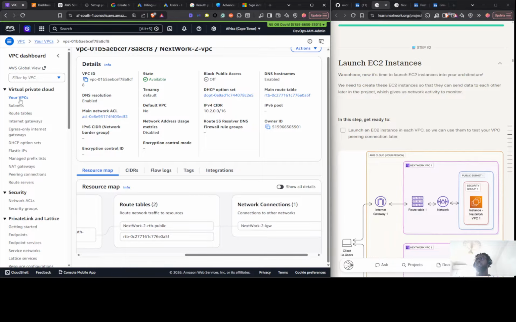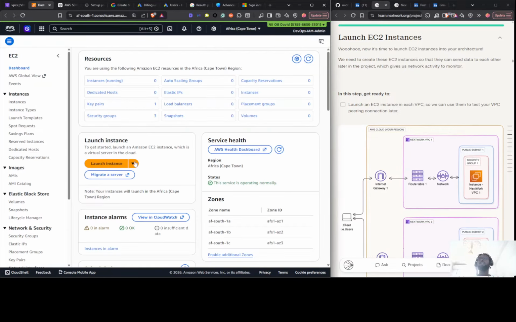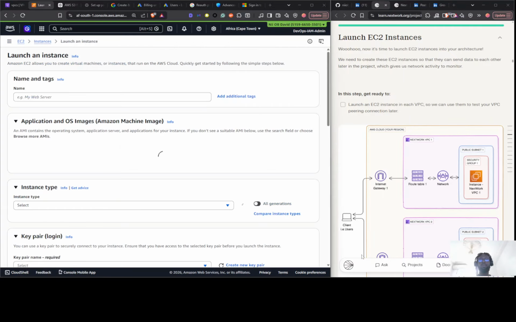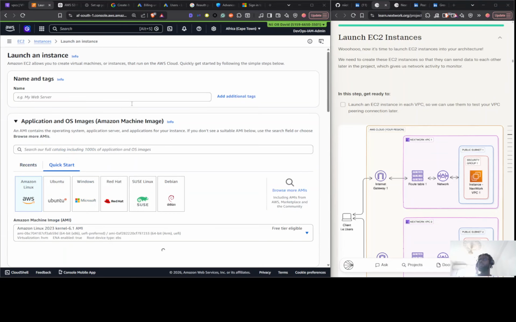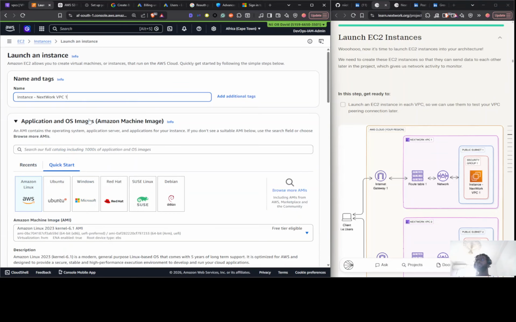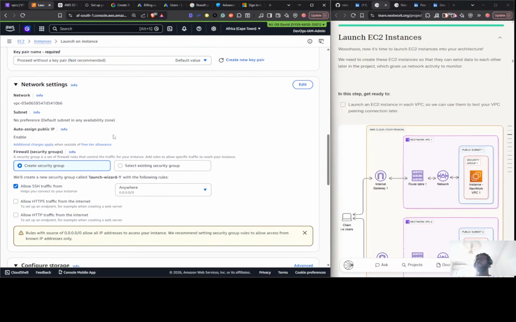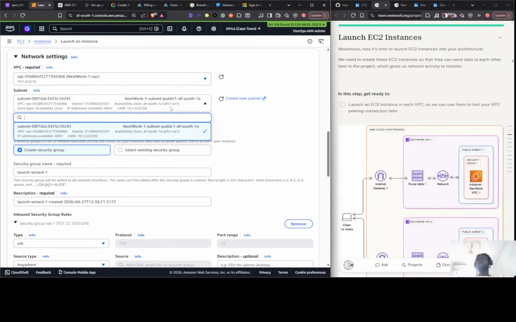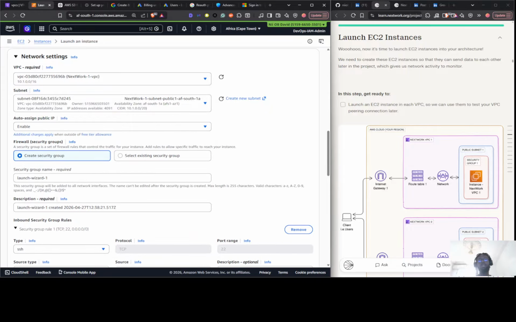The second one has been created. Now I have two VPCs. Let's launch the EC2 instances. Make sure we use the free version and no key pair. We'll edit this. Nextwork VPC1. We'll enable the ID and we'll create